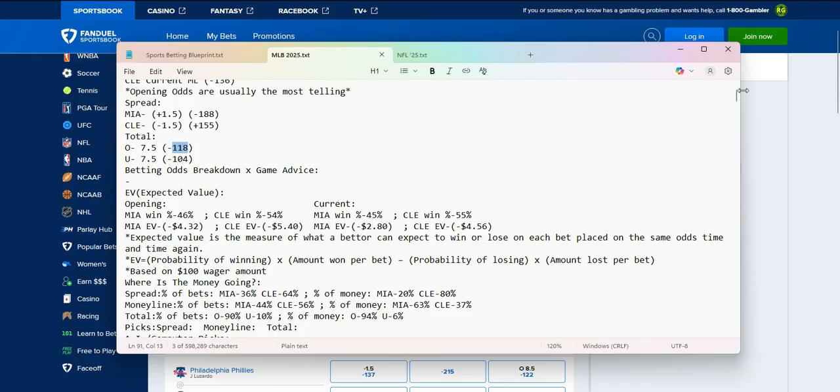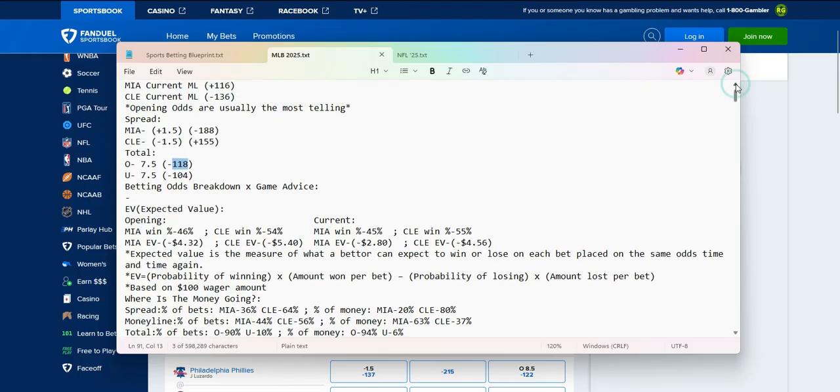With Cleveland at this 136 current money line, and Miami getting as a dog this minus 188, there is a chance Cleveland could get this across the board. But what has to increase for Cleveland is this 37%. Cleveland gets this across the board if this 37% increases. Keep that in mind. And this minus 188 is critical, with them getting only 20% of the money and 80% going off this plus 155.